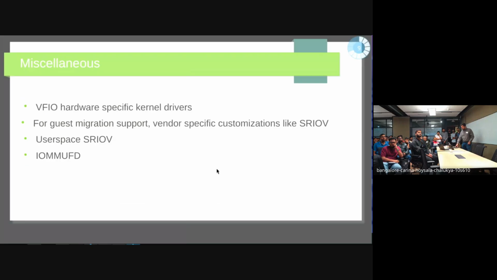And yeah, there are so many features around VFIO that are still evolving even today. There are so many hardware-specific kernel drivers. Many of these, VFIO provides the generic features, but there are some features which need real hardware vendor